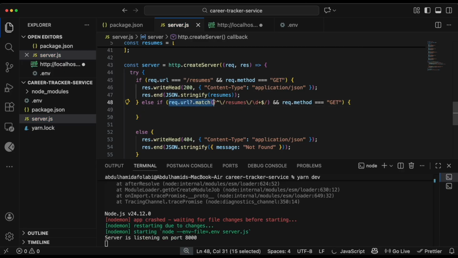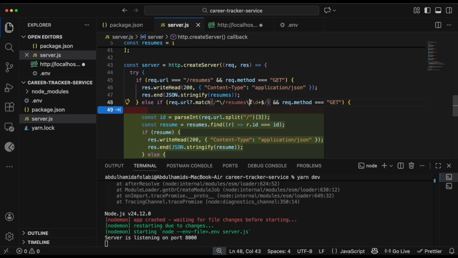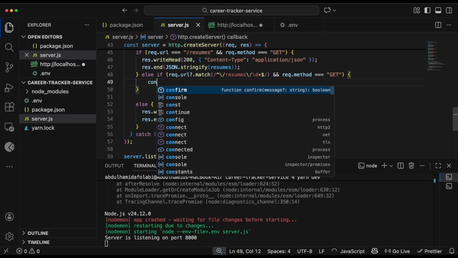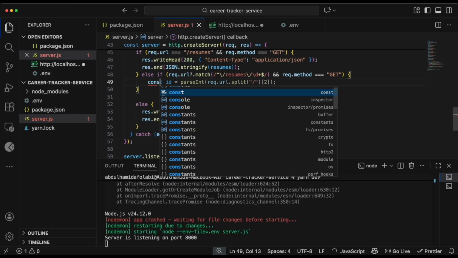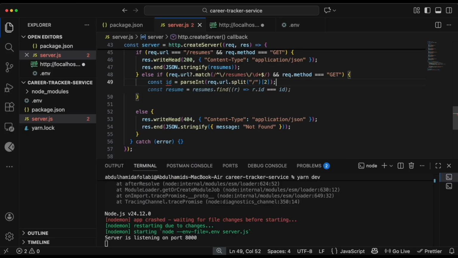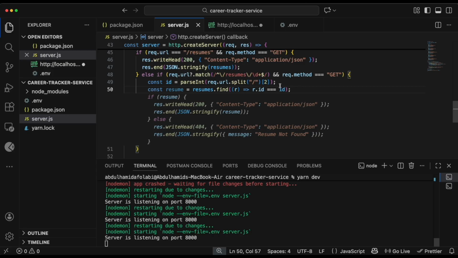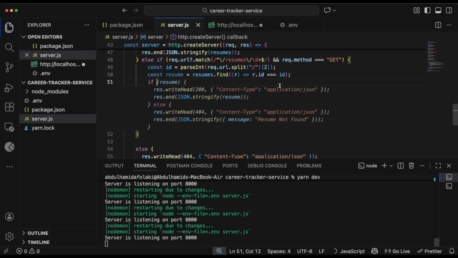If the request matches resumes slash the ID and the request is get, then we can parse the ID, const ID. So we split it and we get the ID, and next we can search for the resume. So we find the resume, and if the resume is available,